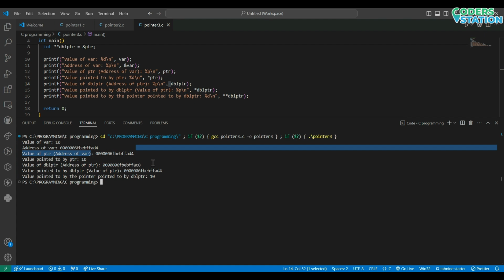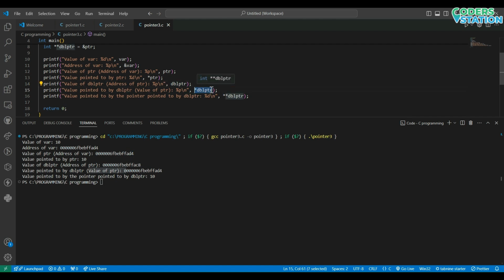Just see the similarities between these two addresses. Our next statement is asterisk dbl ptr. This will print the address of the var variable. Now you can see the similarities between these both. Our last statement, double asterisk double pointer, will actually print the value 10.